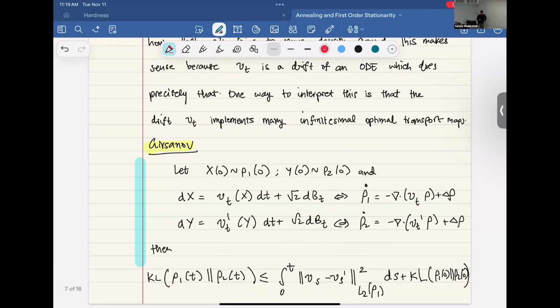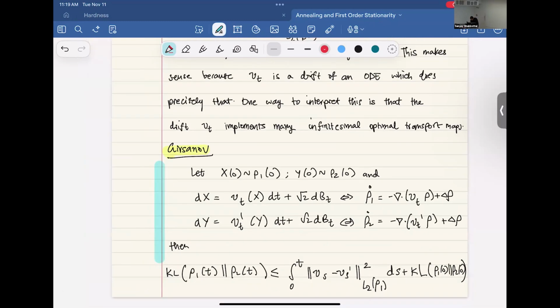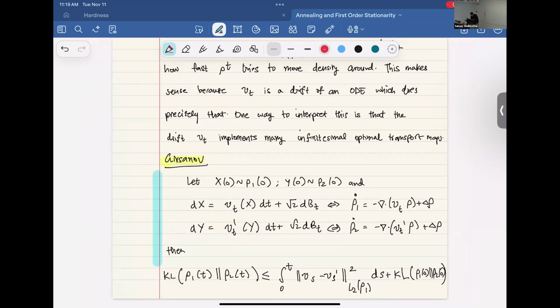Okay. So Sanjay, you talked about Girsanov, right? Just to recap what Girsanov is: if you sample x0 from rho 1 of 0 and y0 from rho 2 of 0, so rho 1 and rho 2 are now going to change in time, according to these SDEs, which correspond to these Fokker-Planck equations, then in general, rho 1 of t and rho 2 of t,